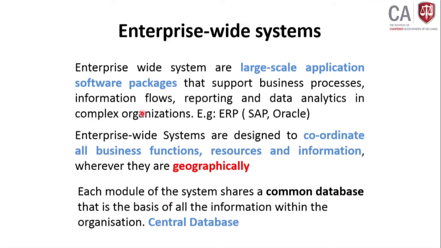Through the central database, all the information is managed. Whatever information comes from some other country, let's say from Australia, UK, New Zealand, and also from other branches, they also do the processes. So all those things are stored in one central database,